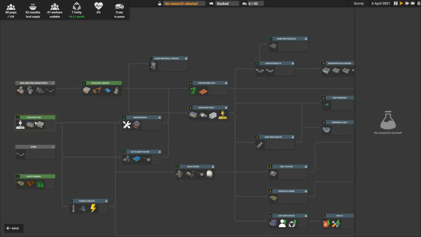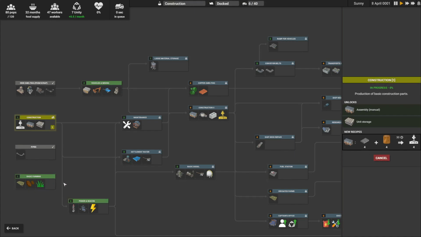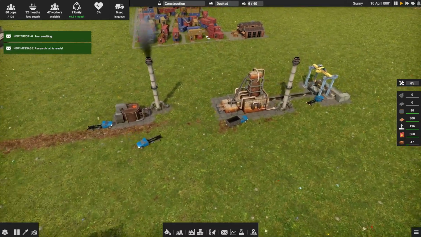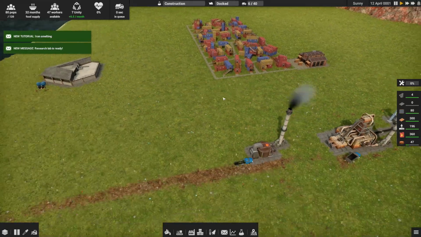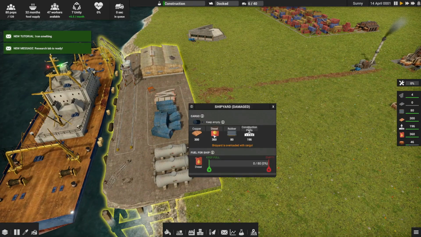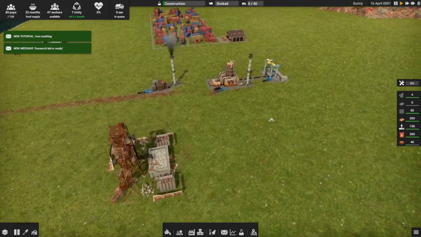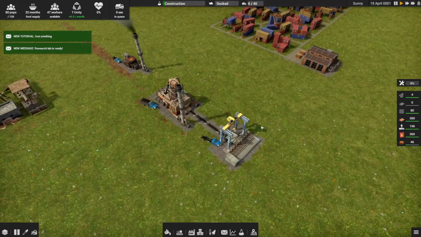So let's go construction. And then I will do basic farming because we do need to be able to feed our people in their little shipping container shanty town there. Still got some copper, diesel, few bits and pieces. Construction parts is what we need to get into, so that's hence why we're starting to look at